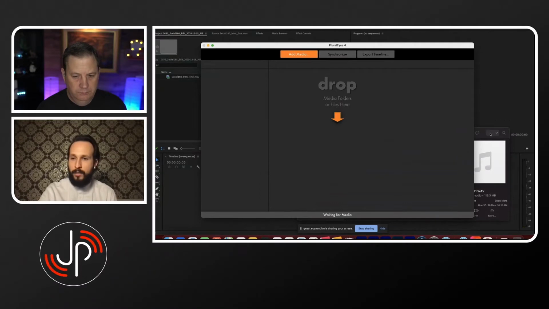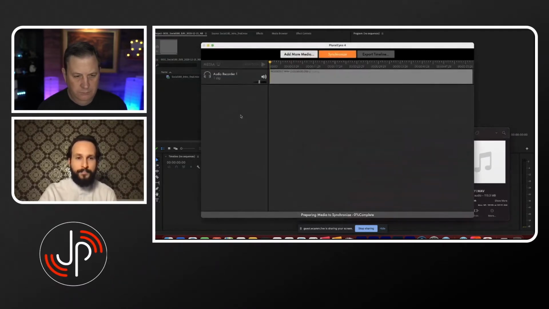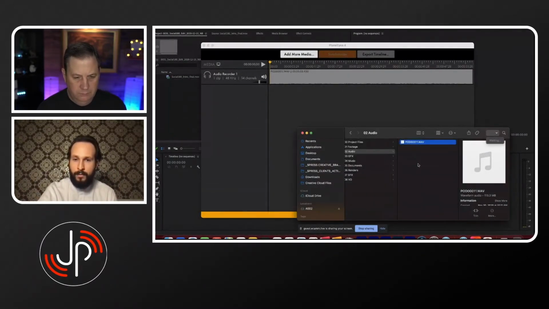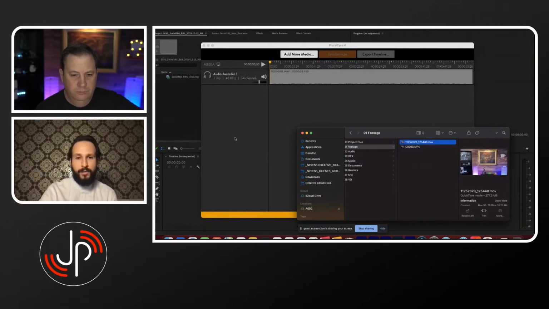So to start, all you have to do is just drag and drop your media files. So I'm going to drag and drop that audio file. And it starts analyzing the file to get the waveform. And ideally, you would want to work with sources that are all the same frame rate. This is super important. So if you are shooting a live stream and you're thinking of re-editing the footage later, you would want to make sure the frame rate is the same on all of your cameras. So whether that's 30 frames per second, 24 frames per second, as long as they're the same, that's going to give you the best experience. So I'm just going to add this footage in.